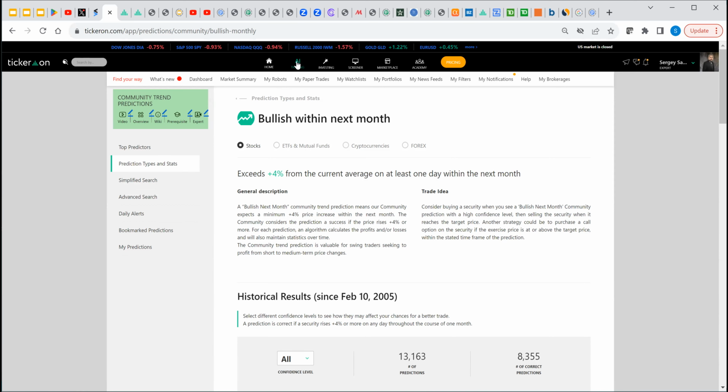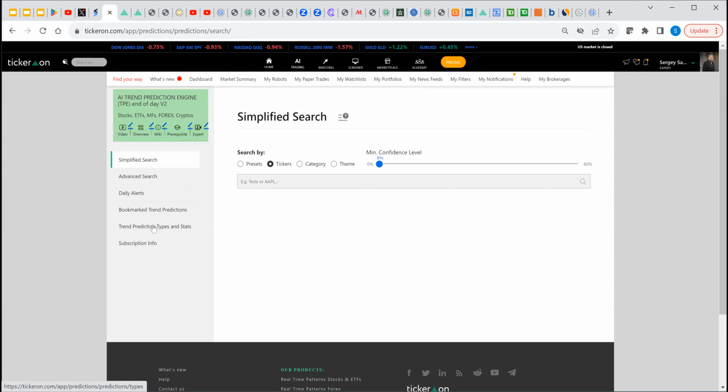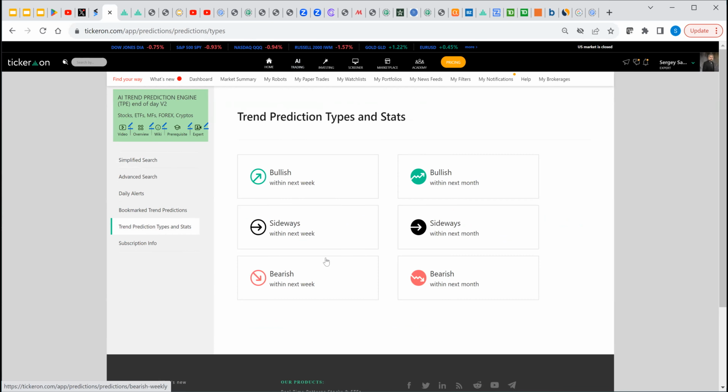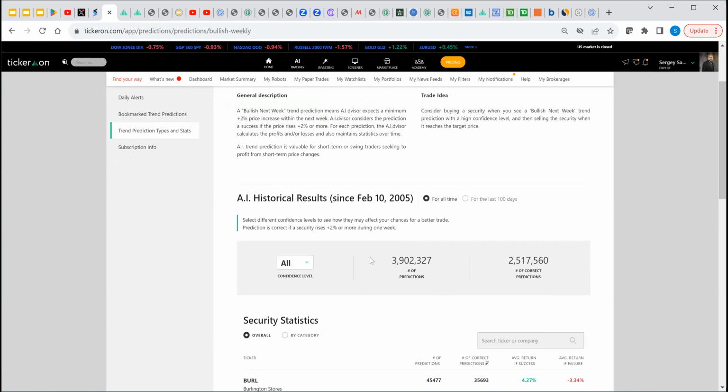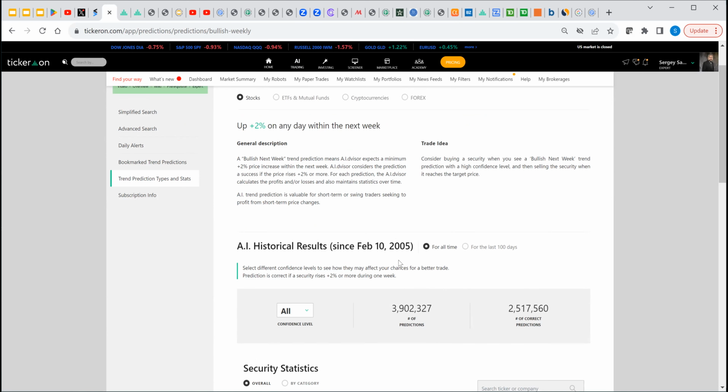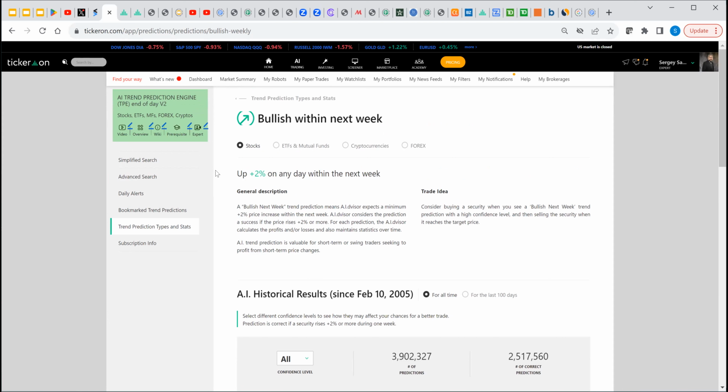And if we go right now to the AI trend predictions, you will see that it is the same. So that means we have both types of predictions. AI makes its own predictions for the same concept. You see, for a week, it is 2%, for a month, it's 4%. And there's a different number of predictions because people making their own, and then the computer makes much more predictions, and that way it is generating more statistics. Okay,